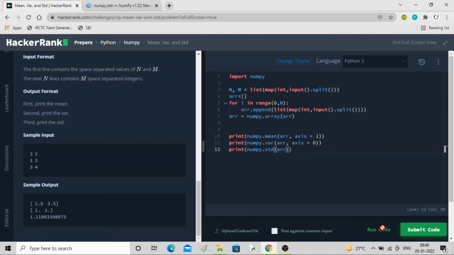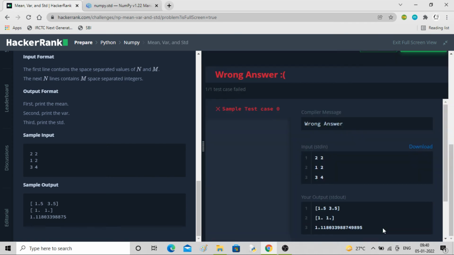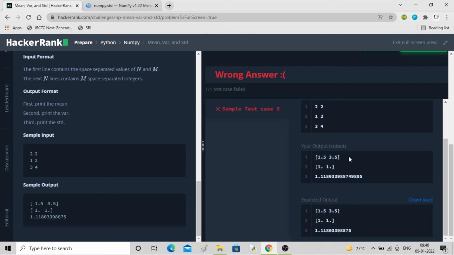Now let's run it. Oops, what's the problem? Okay, this has been truncated. So we can use something called round off. They have done the round off here, 8875 here.